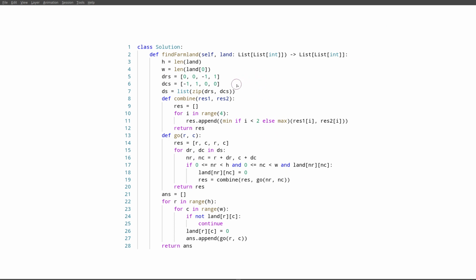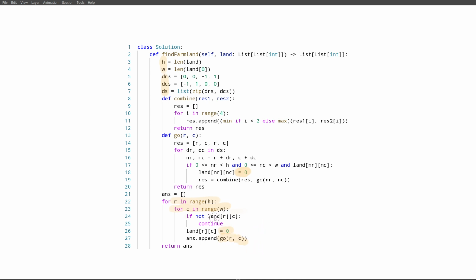We start with standard boilerplate, height, width, 4 directions, up, down, left, right. And we're going to go through all the rows and columns, and if we still haven't visited this land tile, since what we're going to do is whenever we visit a land tile, we'll turn it into a forest, right? If we don't want to destroy input, we can have another two-dimensional array that will just tell us if we've visited or not visited this position, but in this case I will turn it into 0, so essentially if it's still not visited, that's a new group, so we mark it as visited, and we add this intermediary result to